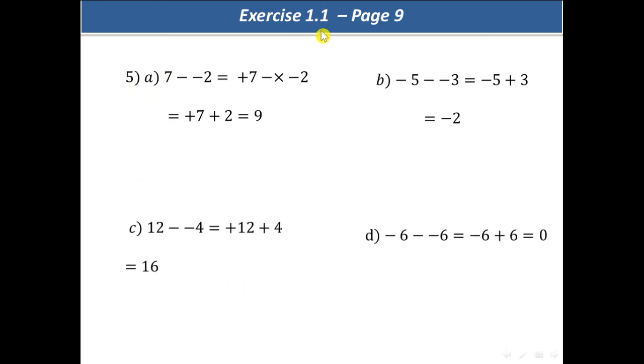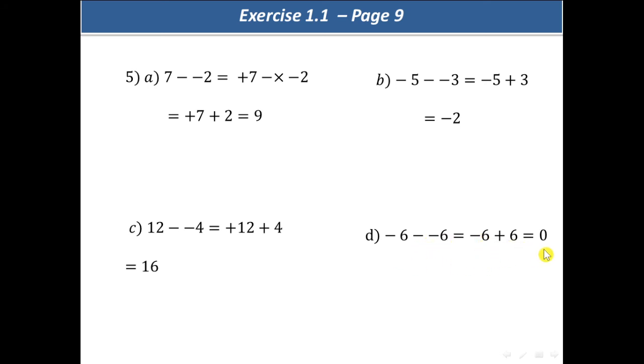Exercise 1.1. These are also 4 examples from exercise 1.1, page 9. As you see here, negative times negative is plus, so 7 plus 2 equals 9. And here 12, minus times minus 4 is plus, so 12 plus 4 is 16. And here minus 5 plus 3, because minus times minus, okay, minus 5 plus 3 is minus 2, and here minus 6 minus positive 6, so it is minus 6